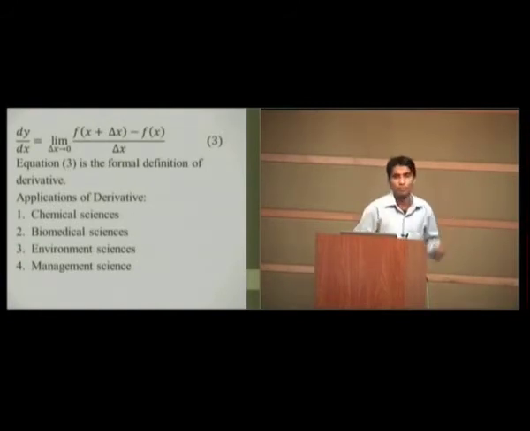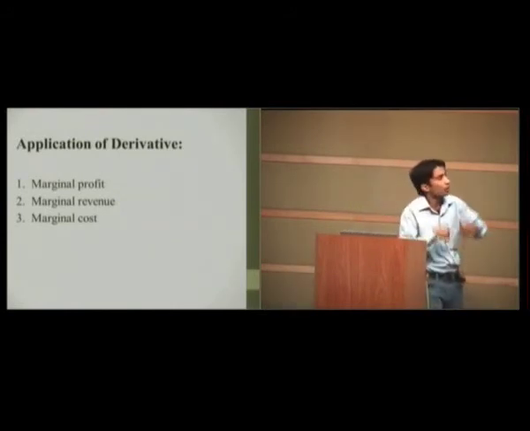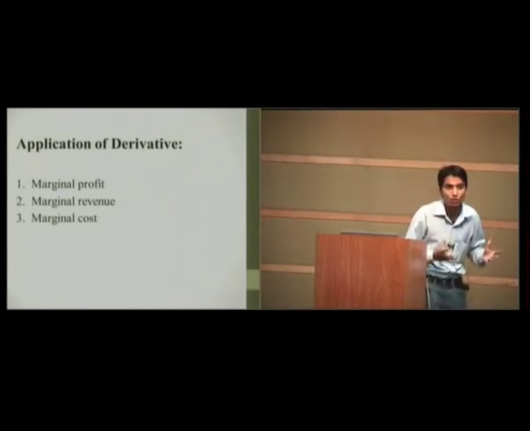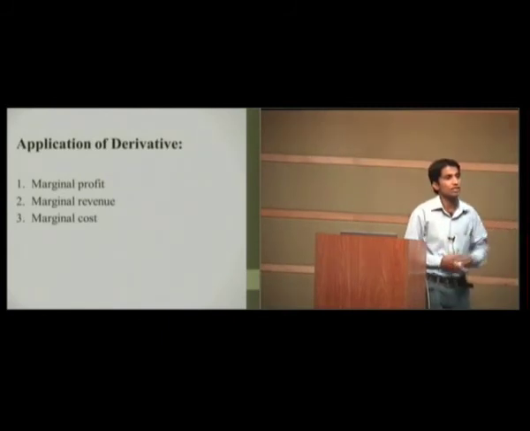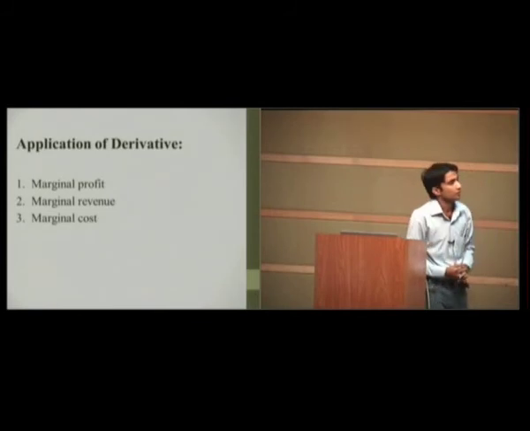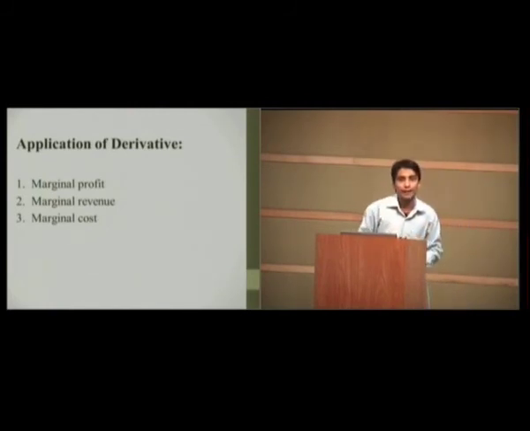And many more. Now another application of the derivative in the management sciences is that whenever we are going to calculate the marginal profit, marginal revenue and marginal cost, what can we do? We just take the derivative of the profit, revenue and cost functions. That is the management sciences application of the derivative, and we conclude that at the end the derivative is actually a change of the dependent variable with respect to the independent variable.